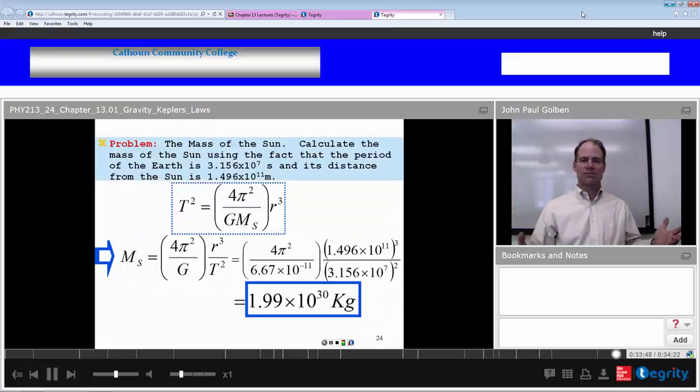Earth is 6 times 10 to the 24 kilograms, so the mass of the sun is just about 1/3 of a million times the mass of the Earth. How about that? Based on these simple relationships, these simple laws, we can calculate the mass of these orbs out in space: the mass of the Earth, the planets, the sun. That concludes the first lecture in Chapter 13 on Newton's law of gravity and on Kepler's 3 laws of planetary